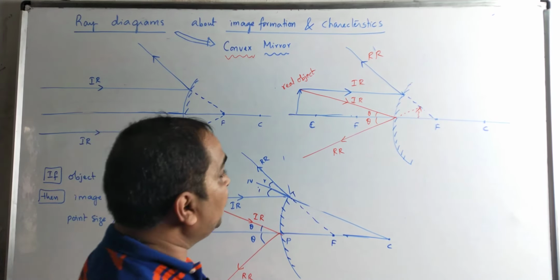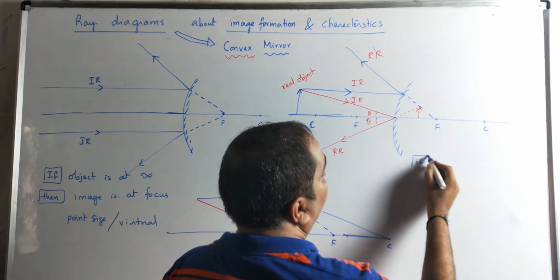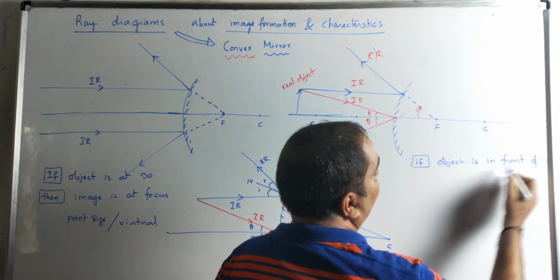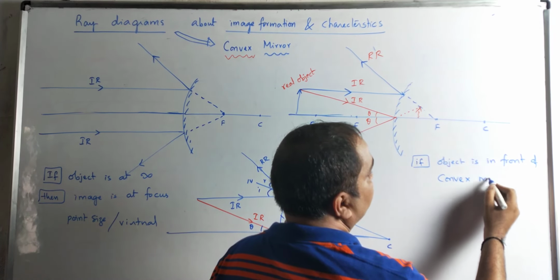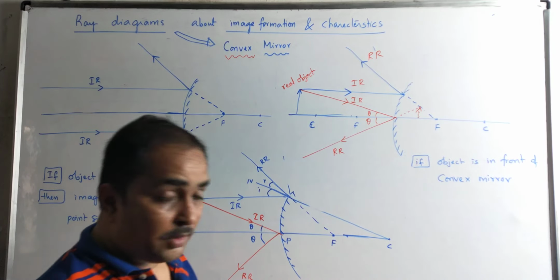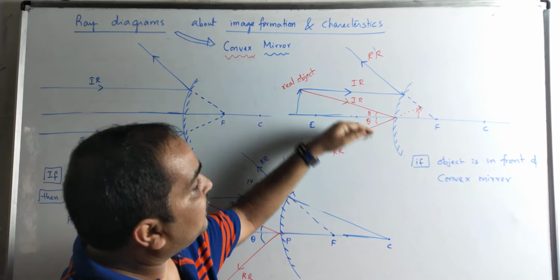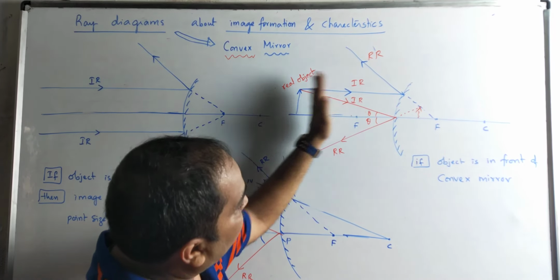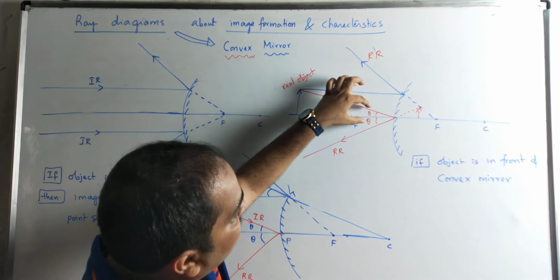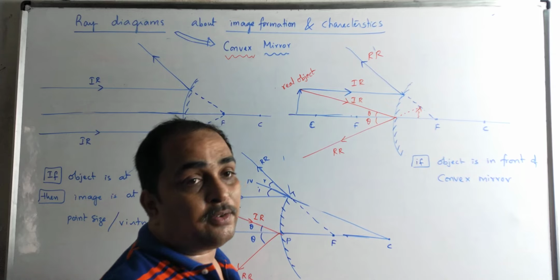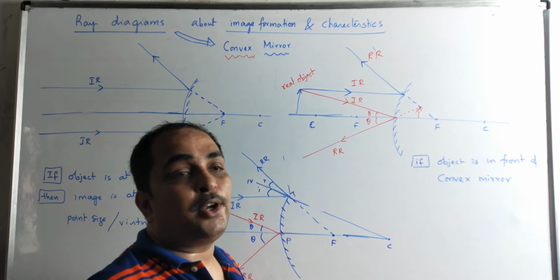So now see the concept here. If the object is in front of the convex mirror, the thing is, if you bring this nearer and nearer, this ray remains the same, but this ray will change. This angle will go on increasing. So suppose you come nearer, this angle is going to increase, obviously this angle is going to increase. So the image formation will grow from dot size up to this size. So it will always be within this. So you don't need to say at center of curvature, between center of curvature and focus, between focus and pole. This kind of words you don't need to use here.